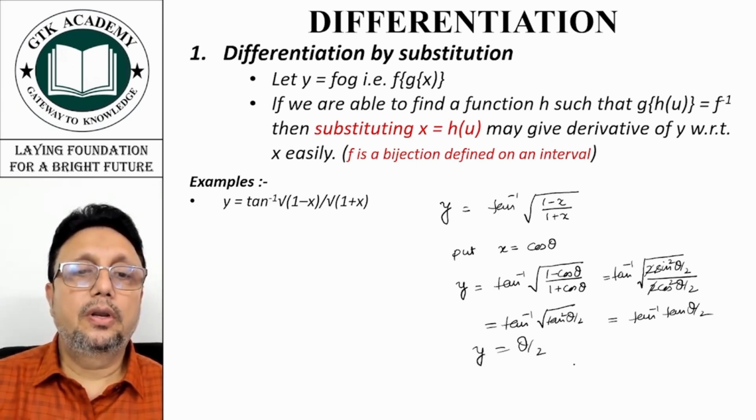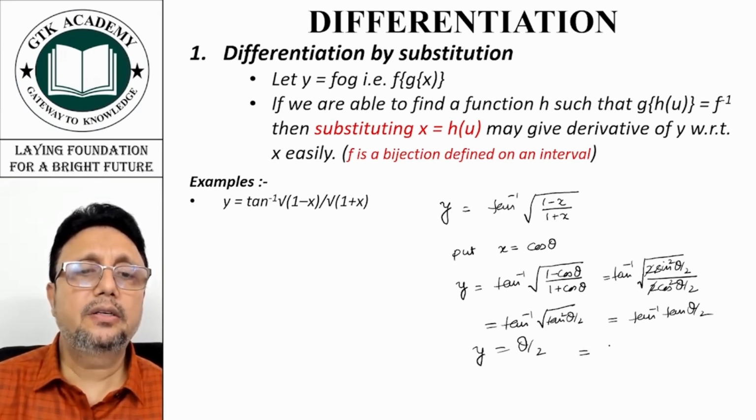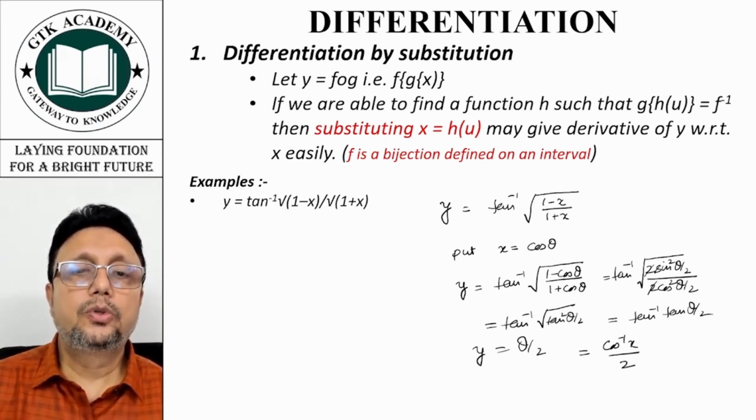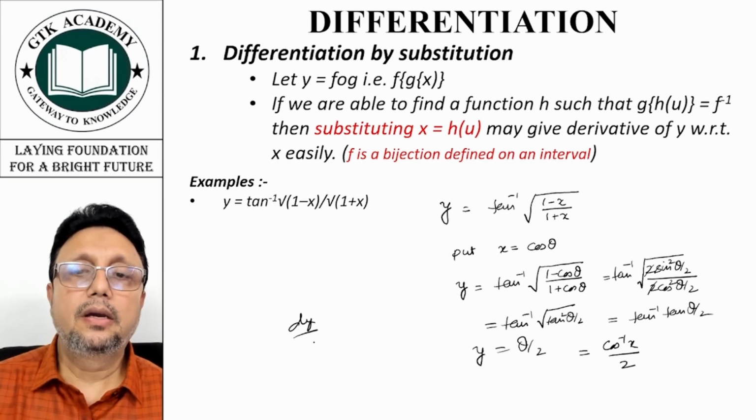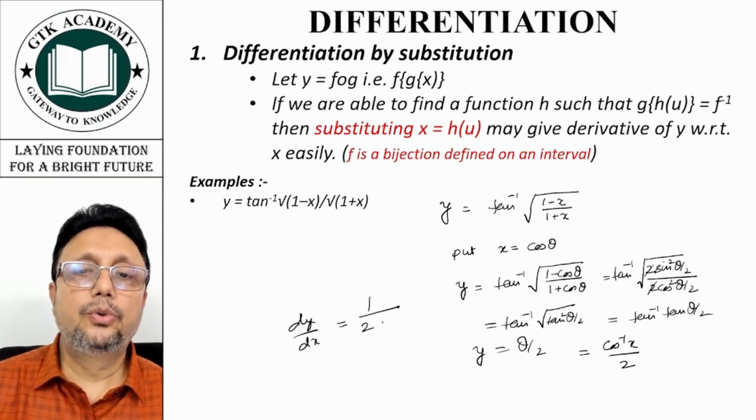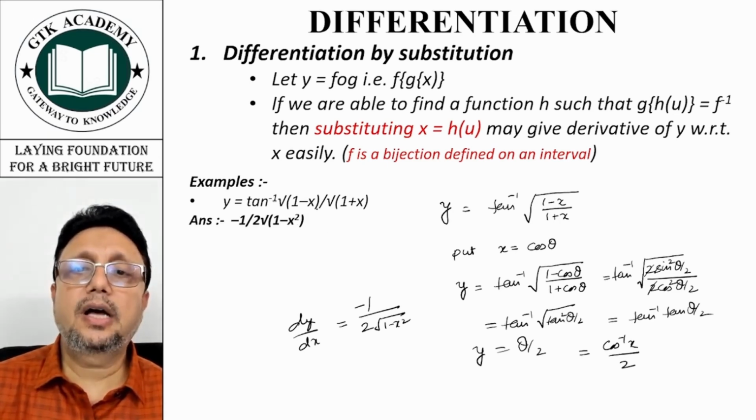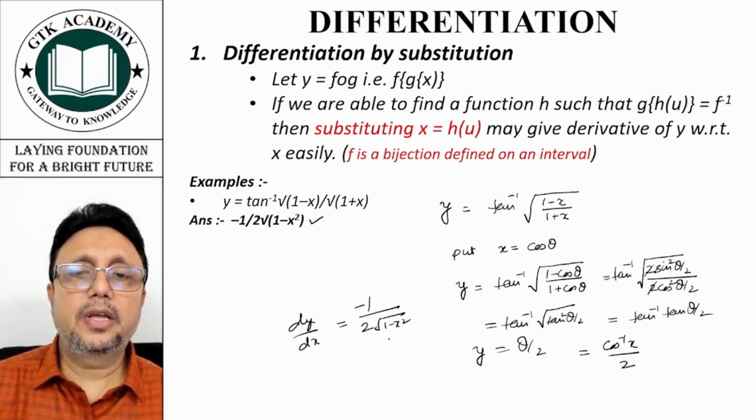So you can now differentiate in two ways. One is you can write theta is cos inverse x, so y is half cos inverse x. So dy by dx is equal to 1 upon 2 root 1 minus x square with a minus sign. So this is the answer. The other method is,